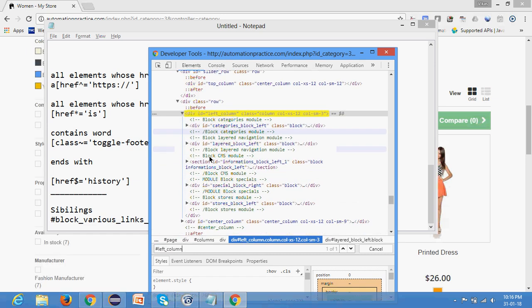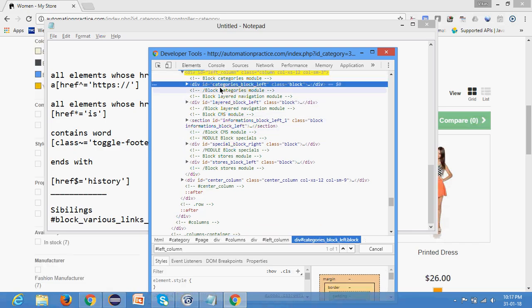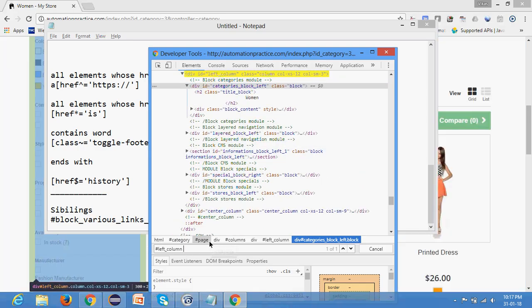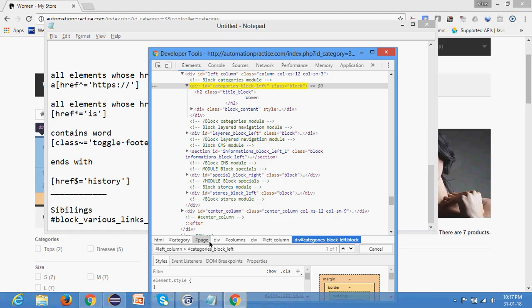Okay, it is found, and inside that left column, let's say I'm able to locate the element here, category block left, which is again an ID. So I will say space, immediate child having ID as category block left, and there I will say plus